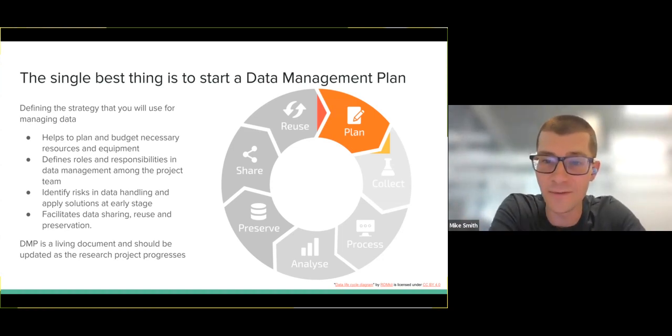So if you take one thing away from today's talk, it is that the DMP, the data management plan, is the thing that I would say you really want to do. You want to do it properly, and it should hopefully save you a lot of time and angst later on